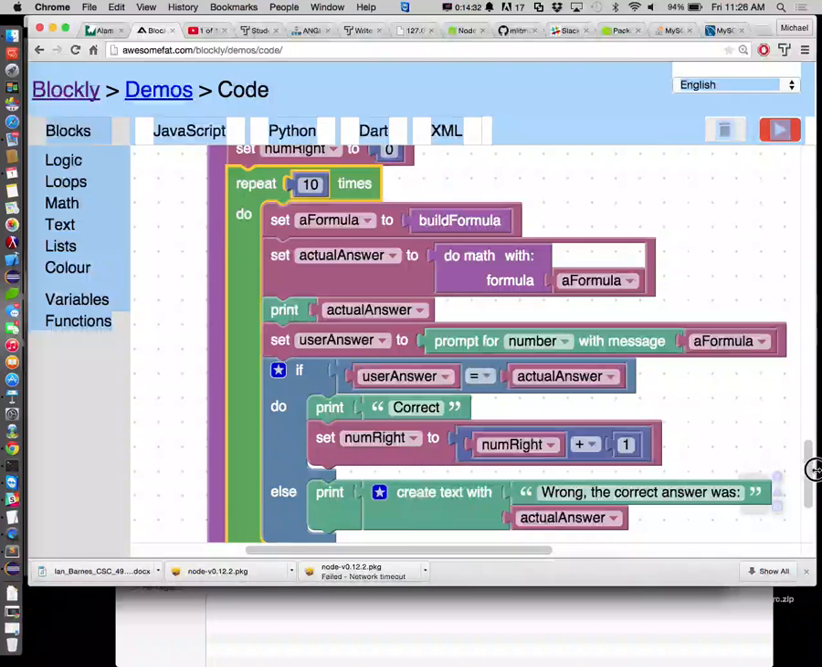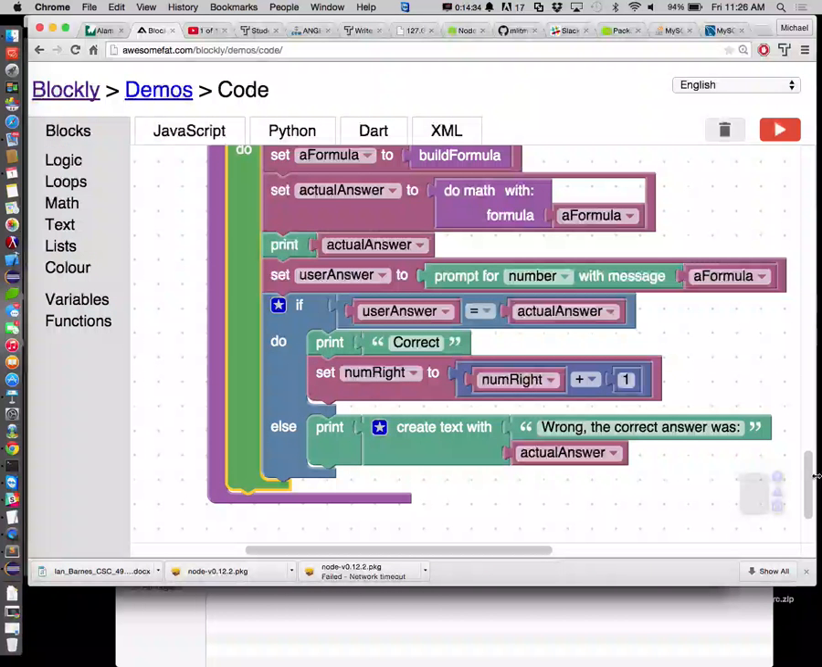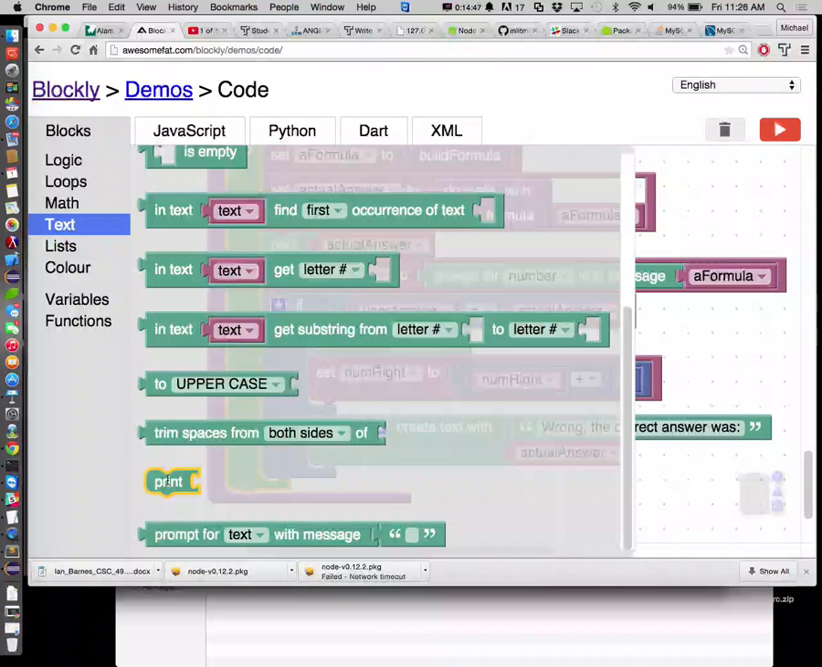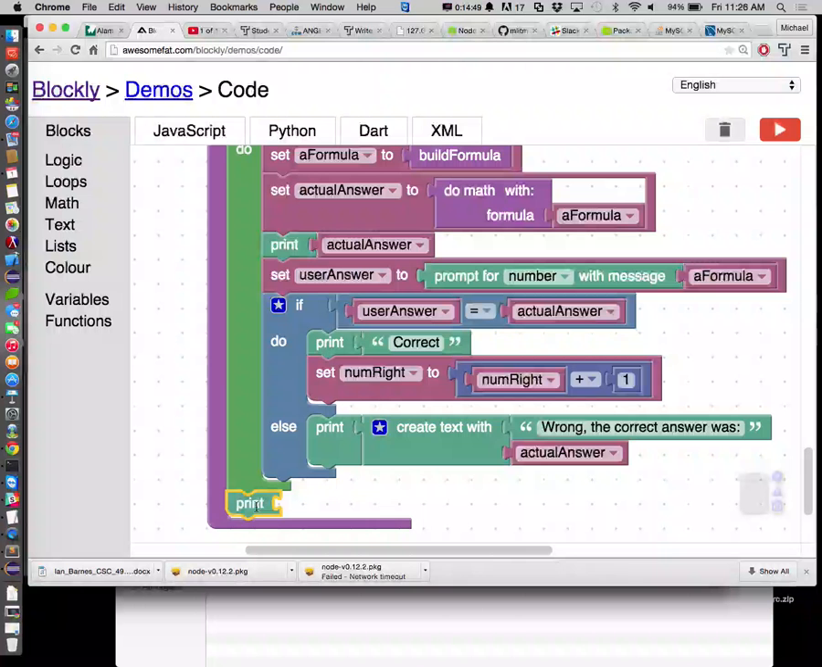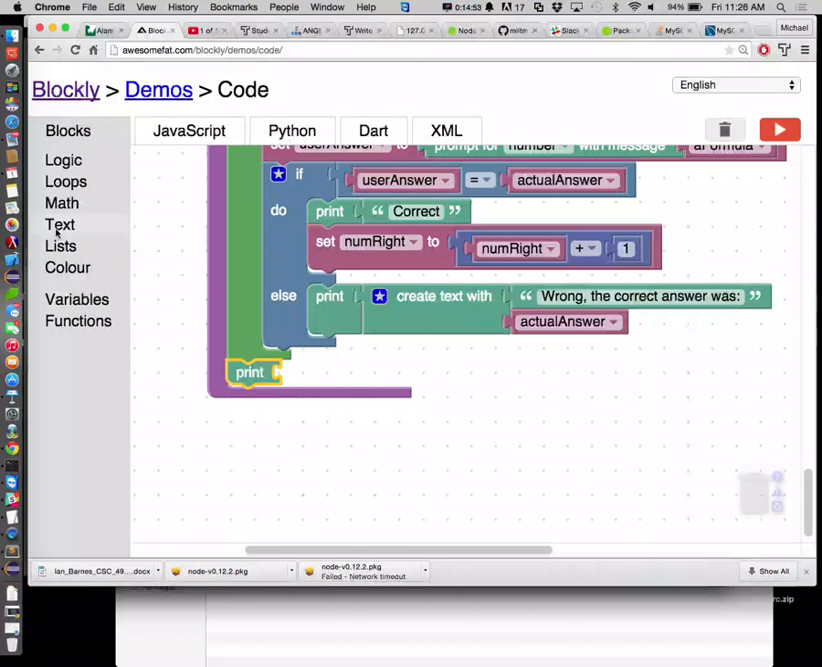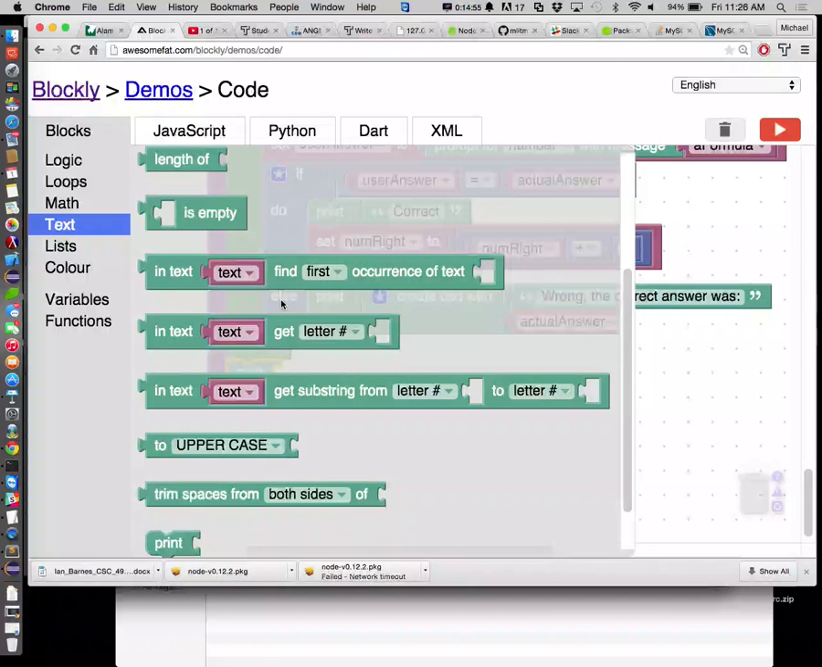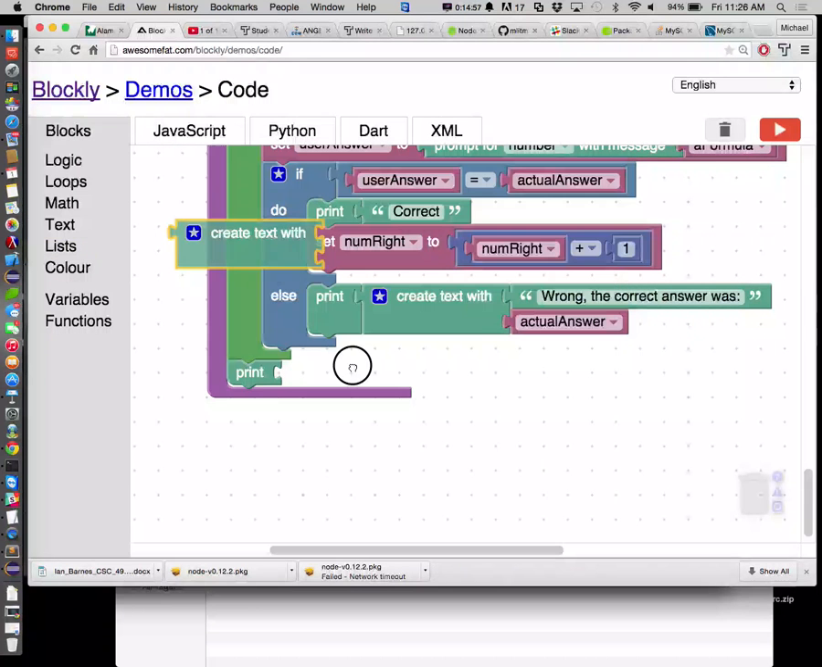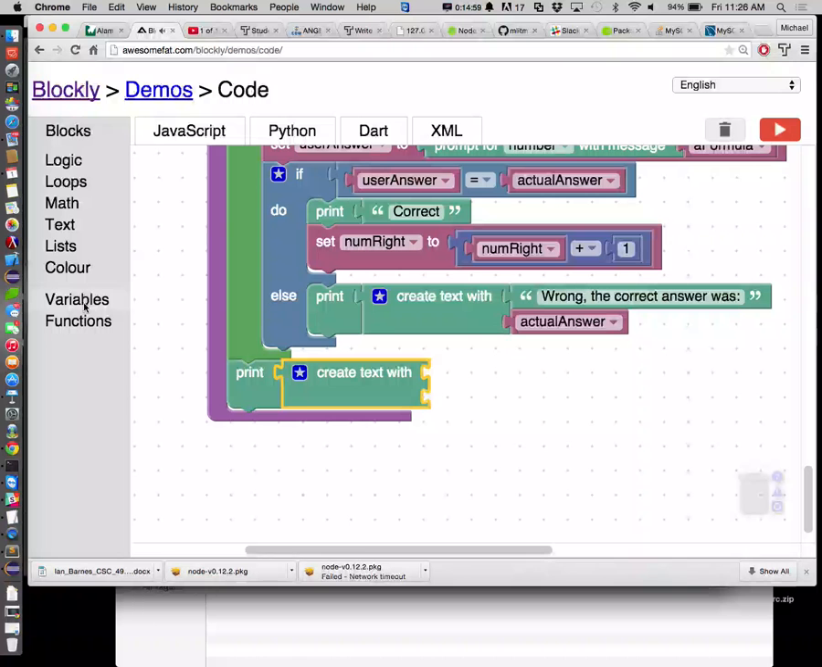After the loop is done, what are we going to do? We're going to calculate a percentage for the number right they got. So we're going to print, this is after the loop, but inside the function. We're going to print some text built out of multiple things. So create text with